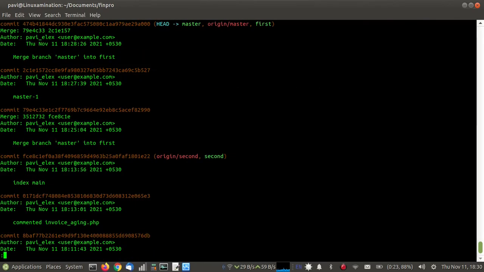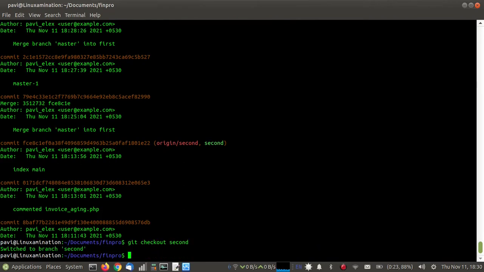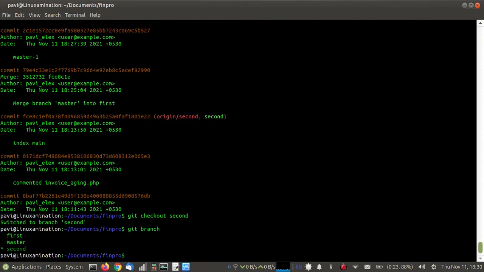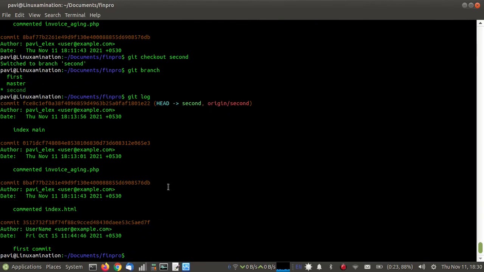I need to add those 4-5 changes in the master branch again. So this is another branch which I'm going to show you, that is second, and here are all the changes which we have just removed from master. So I'm going to merge master with this branch, and all these changes will be merged into the master.